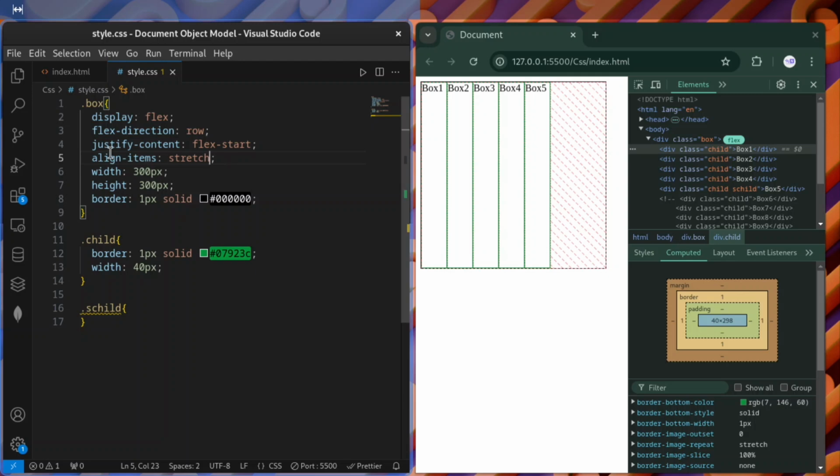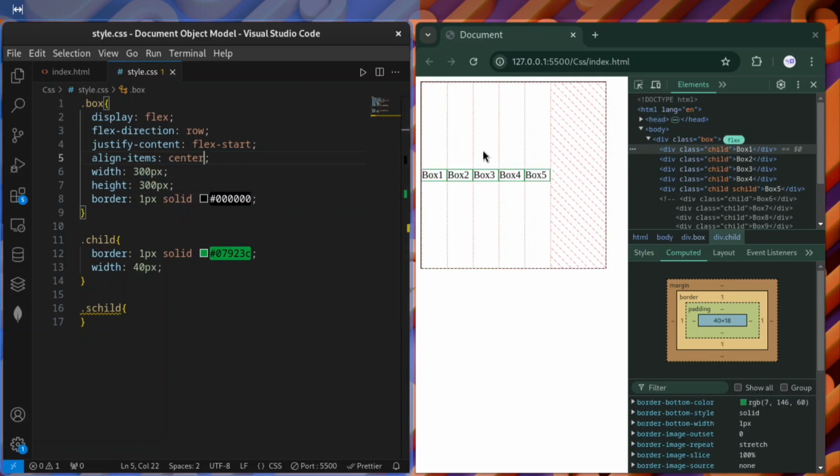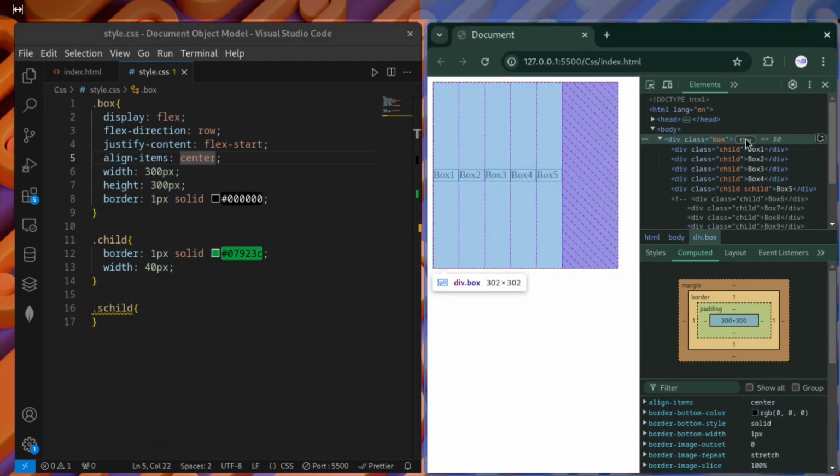But what I want to do is, let's say, align the boxes somewhere in the middle of this container. So what I can do is use this property called center, and this is automatically going to let me